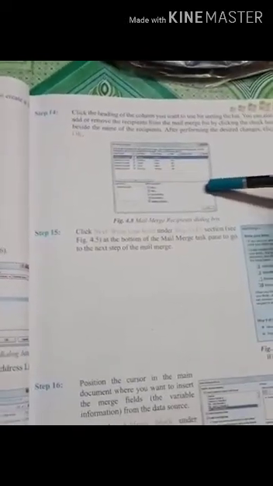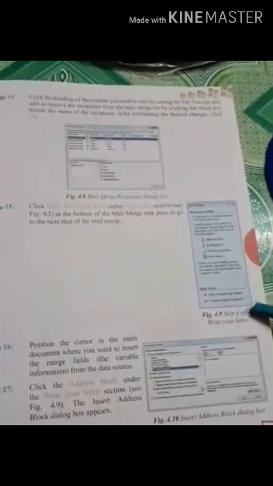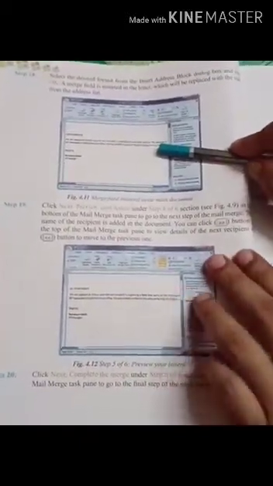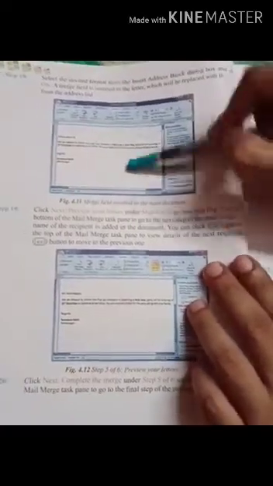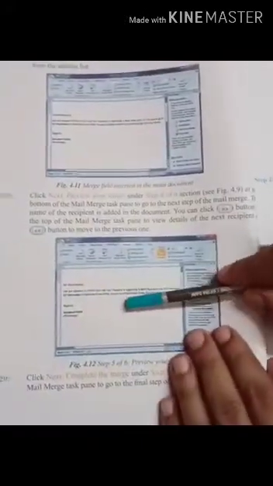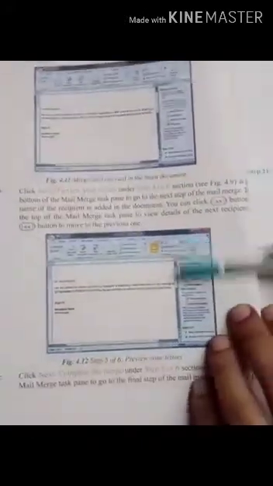When you click on OK, we will find this screen: mail merge, preview your letters, select recipients. In the same window, you select preview your letters. After that, click on OK. When we click on OK, we will find our document has merged and is showing the first letter. This is your fields, this is your first letter. After that, we will find our next letter. Next, we can print out the letters.